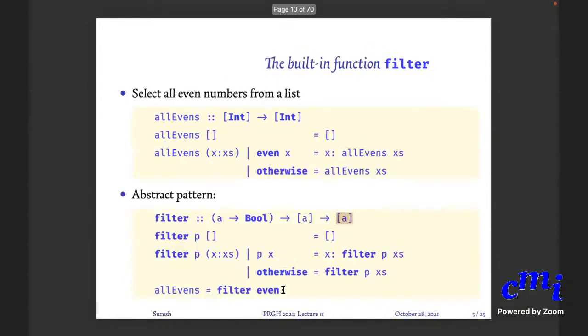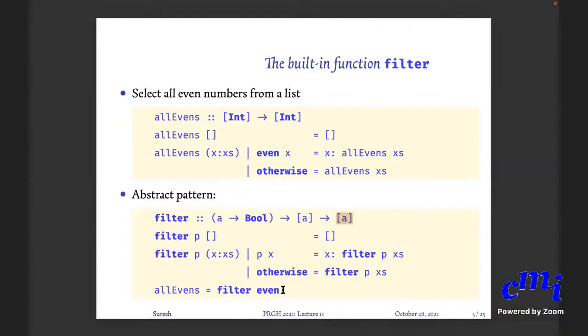Normally, when we have a function declaration and want to specify the type, we put the type in the declaration, like int arrow bool arrow int.